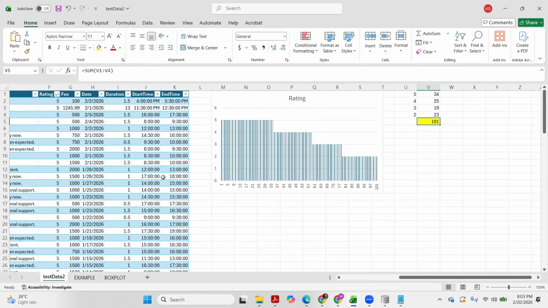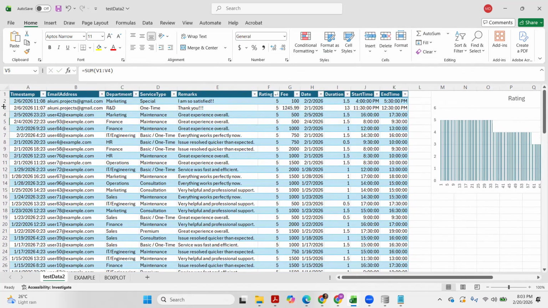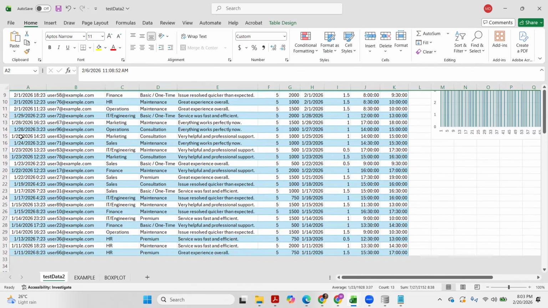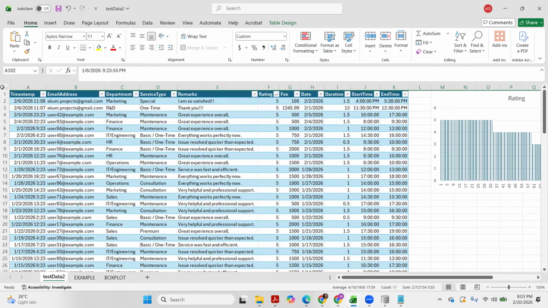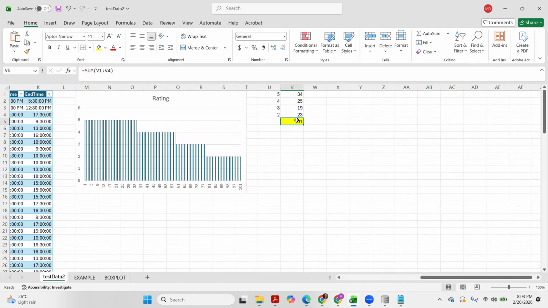So why 101? Because from row 2, we have data until 102, so we only subtract the first row. So 102 minus 1. All in all, we have 101 data points for each variable or each column.